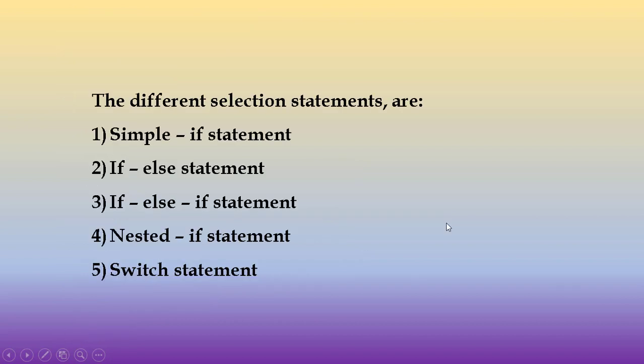Okay, so we studied about the control statements. Under control statements there are two types of statements, that is selection statement and iteration statement. Under selection statement you have simple if statement, if else if, nested if statement and switch statement. Already I have explained last week the simple if else and if else if statement. I have revised the same topic again, since these topics are very important from the point of view of the exam. So you have to learn these concepts properly.